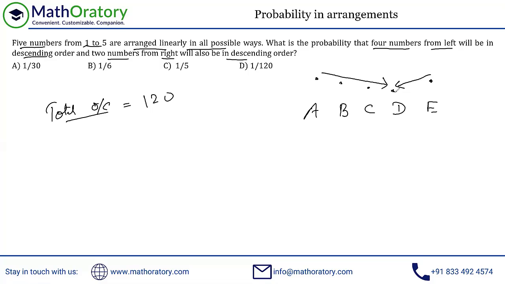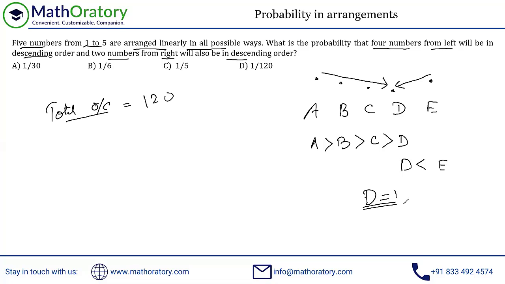So effectively what we are getting is A has to be greater than B, which has to be greater than C, which has to be greater than D. And from the right side, we have D is less than E. So this is what we have, right? So effectively, if you look at this, you should be able to identify quickly that D is basically the smallest of all the numbers. Whichever number occupies position D will be the smallest out of all five, because it is smaller than all of these three as well as smaller than E. So D has to be 1. So that is fixed, right?